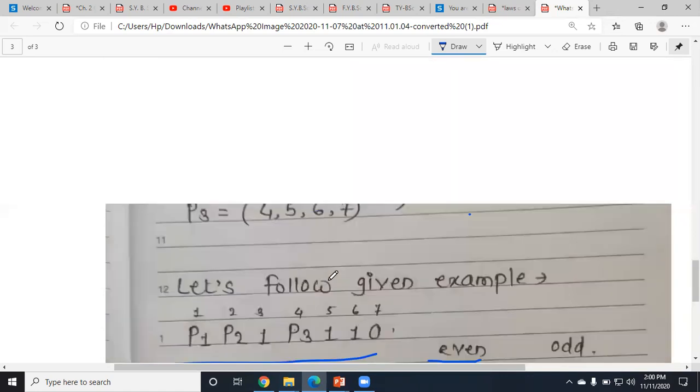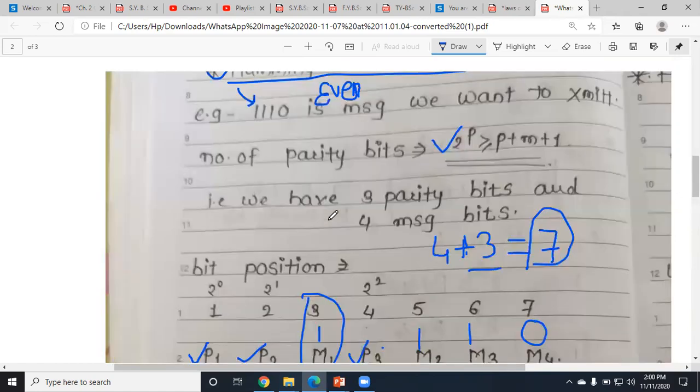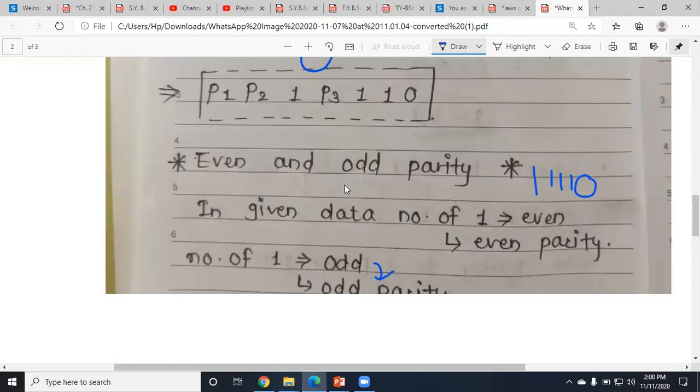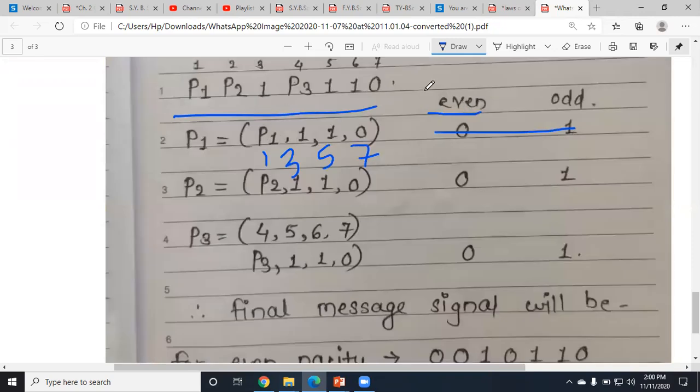What question did I tell you earlier? We were asked to generate a Hamming code for the given message using even parity. So in the question, even parity is mentioned, right? So you will write P1 is equal to 0. Just forget about odd for a while. We want to generate an even parity, so P1 will be 0. Everyone understand why the value of P1 is 0?